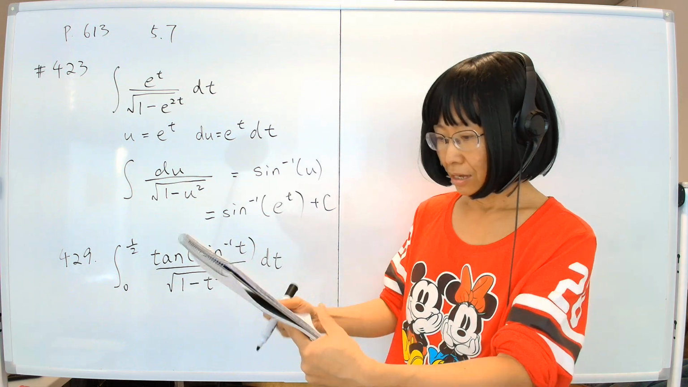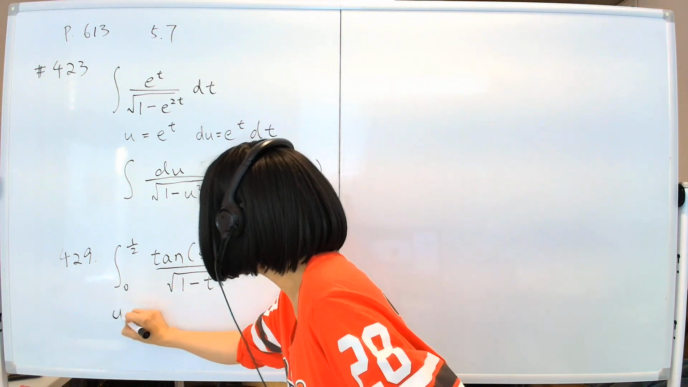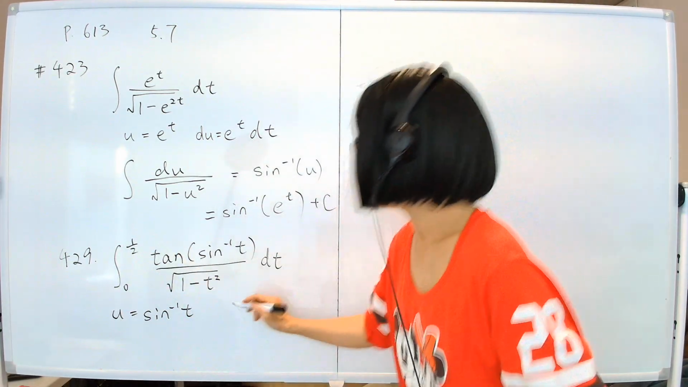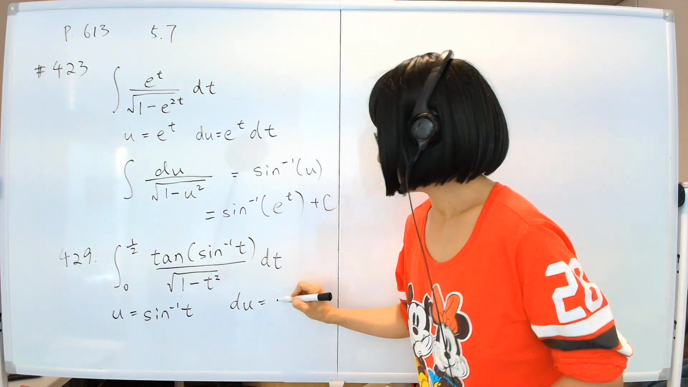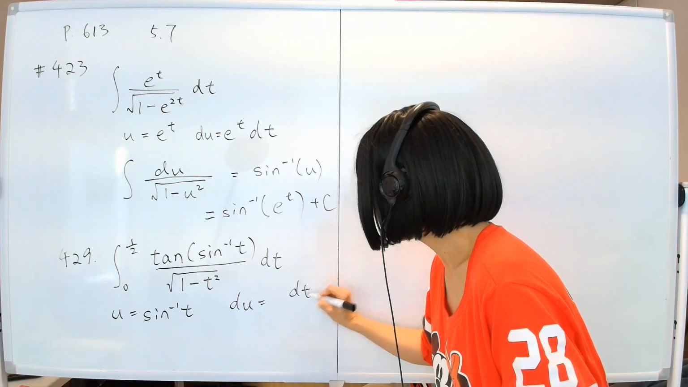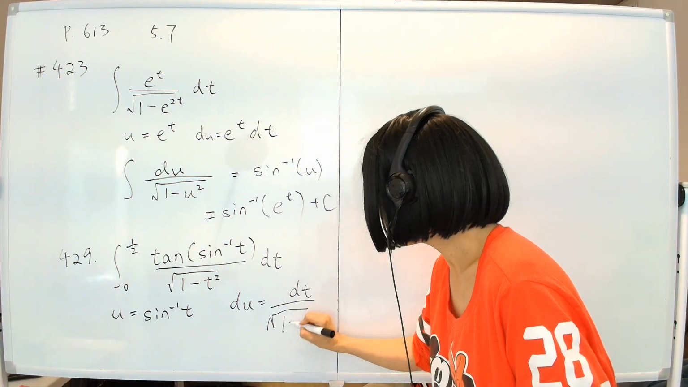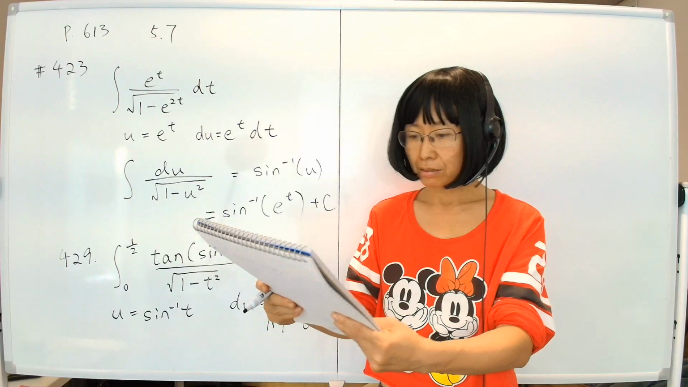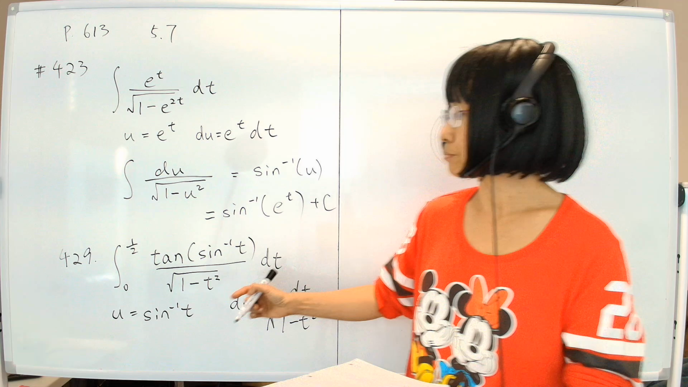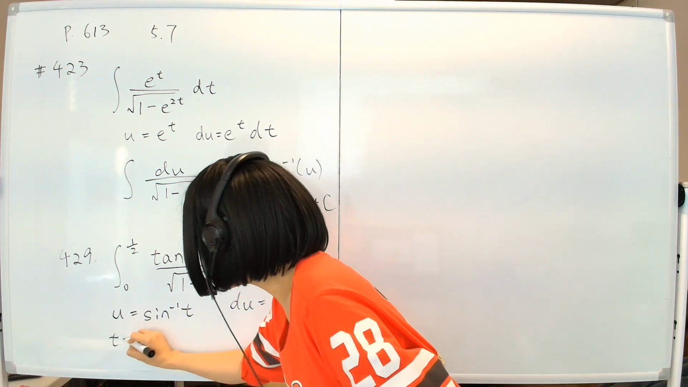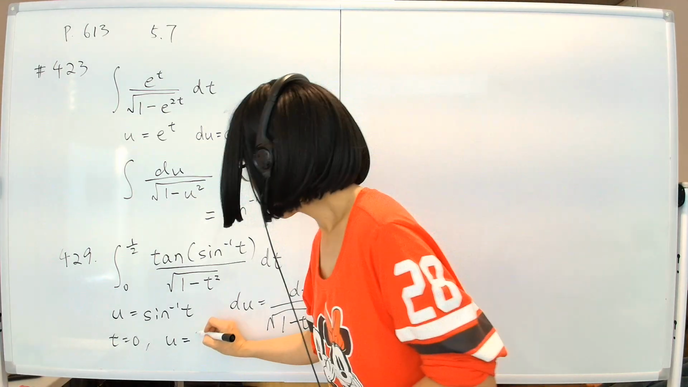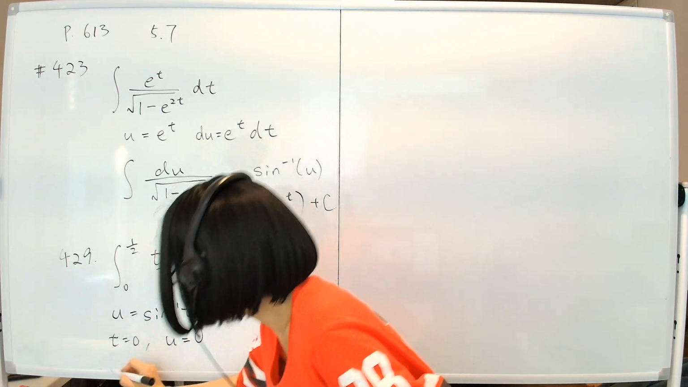So let's do that. We'll set u equal to sine inverse of t, and then du will be 1 over the square root and stuff, dt over the square root of 1 minus t squared. Okay, so far so good. But being that we're doing the definite integral, we have to figure out where the numbers go. So let's find out. When t equals 0, u equals sine inverse of 0, which is 0. And when t equals 1/2,